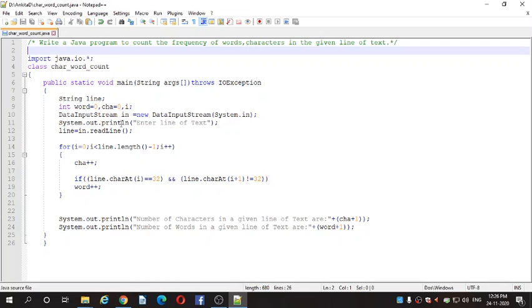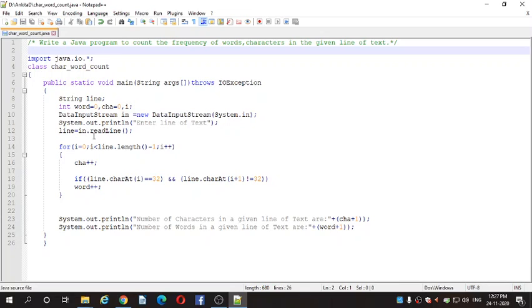It is taking input from your system, so we have written here System.in. Then comes System.out.println, which prints the line, enter line of text. With the help of System.out.println, we can print the line on the console.